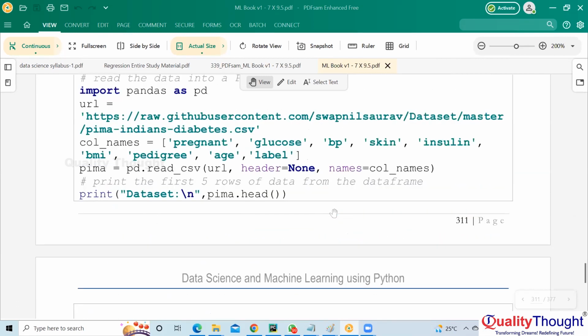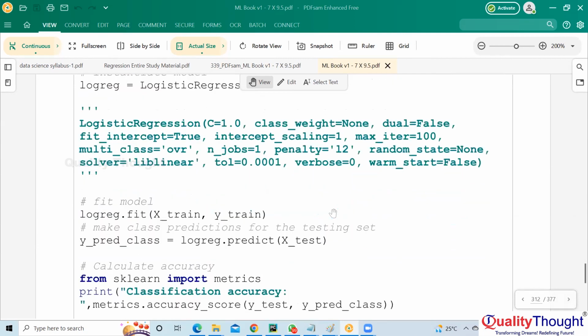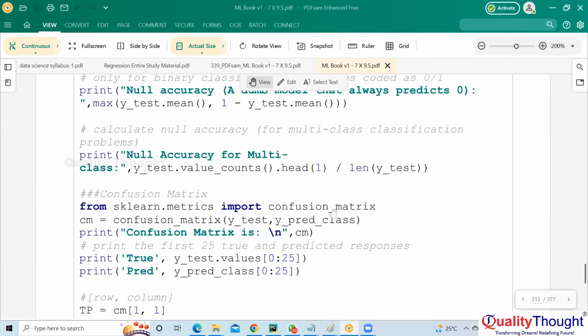Tomorrow onwards, we will take examples one by one and solve them. Your pre-processing is exactly the same. Post-processing, the model evaluation, is different because here we don't have numbers. So we have to look at how many are correct and how many are wrong, and we create a confusion matrix. We look at the CAP curve. Tomorrow onwards, maybe in the next 3-4 days, we will finish our classification also.